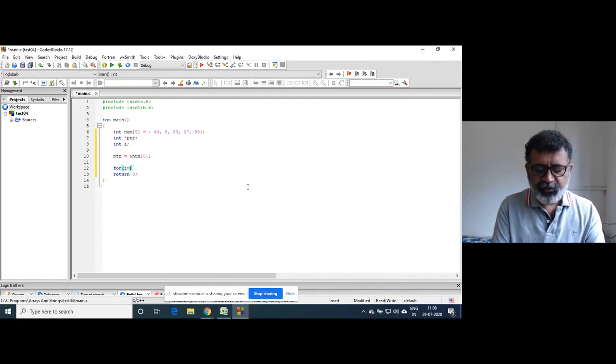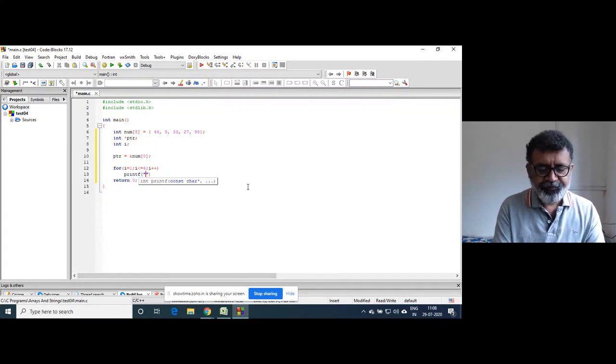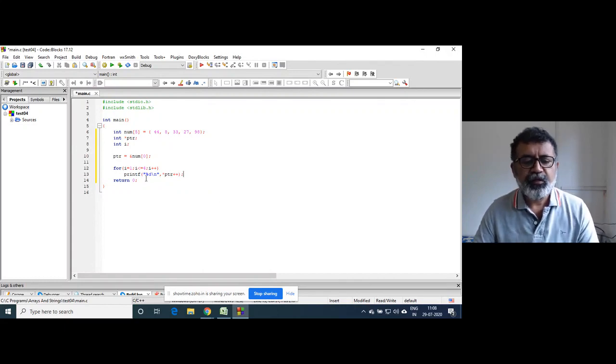So when I write something like this, printf %d and star ptr, and here also I can write star ptr plus plus, right?